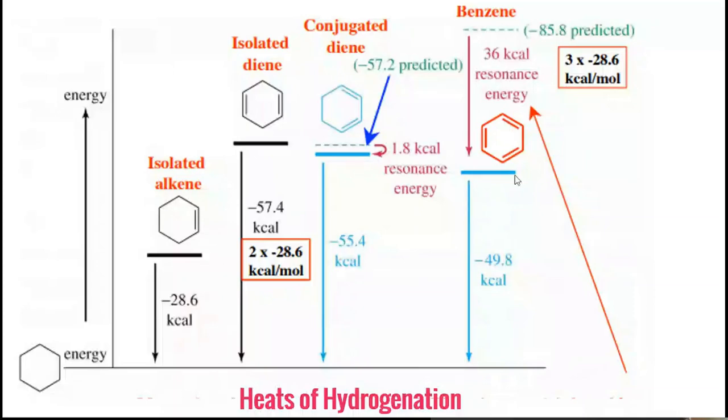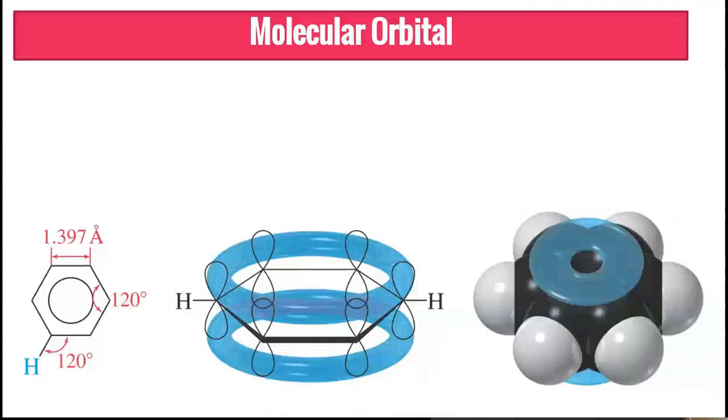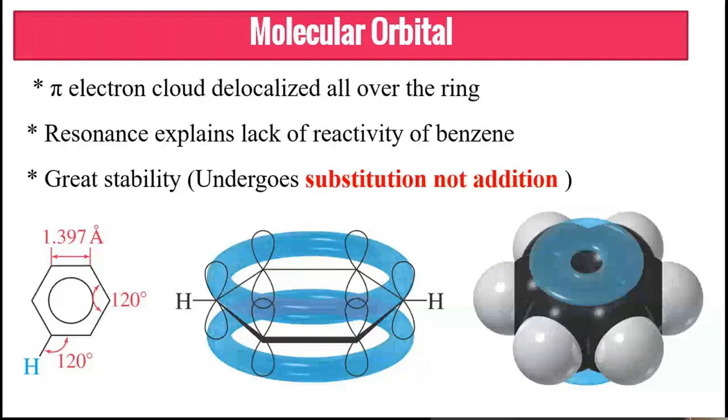So this is what I was talking about all throughout, how the molecule will look three-dimensionally. And there are a few pointers for you all. You can note it down somewhere in your books: the reason for the unusual stability of the ring is known as electron delocalization. So the circle which we are drawing is nothing but a representation of the pi electrons which are circulating over the 6 carbons and shared by all of them. And therefore what you have is a pi cloud above the ring and a pi cloud below the ring.